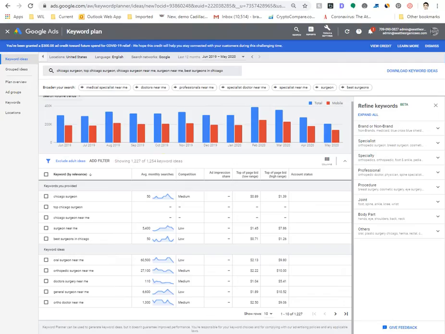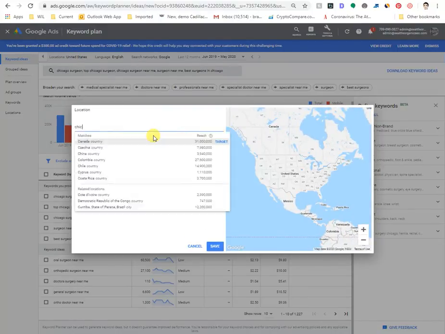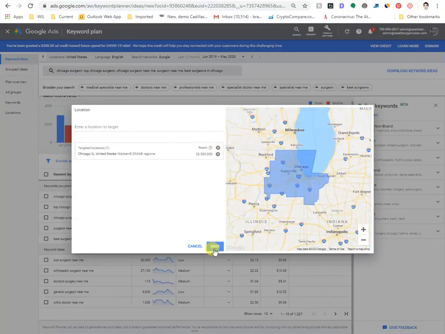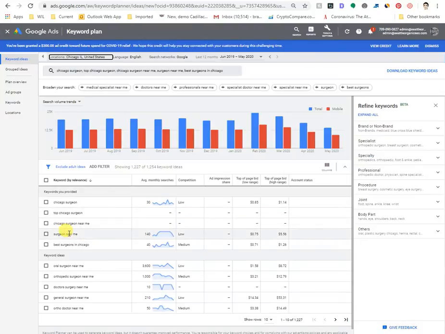And again, it's not a bad idea to go and look in Google Ads in terms of their keyword planner to see which terms are a little bit more popular and or at least have some inventory, because top Chicago surgeon doesn't necessarily have a lot of searches, or Chicago surgeon near me. This is United States, so maybe we need to shift it to Chicago, which is one thing I did not do. And you can see there's two different areas. Nielsen, which usually is a broader selection, so I do that a lot. And then once you get very focused, they do have surgeon near me, not necessarily a Chicago surgeon near me,